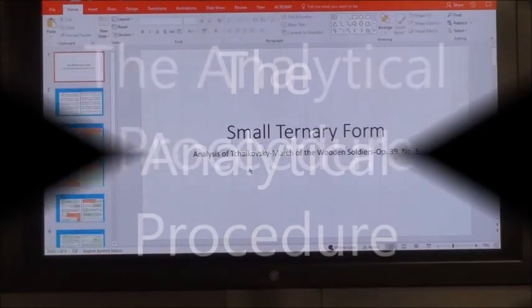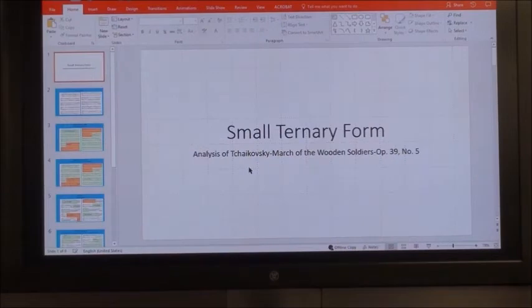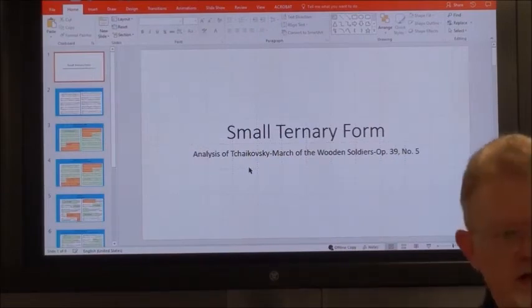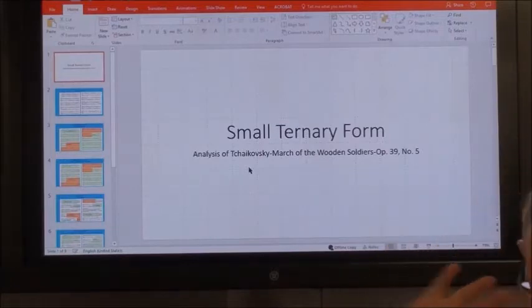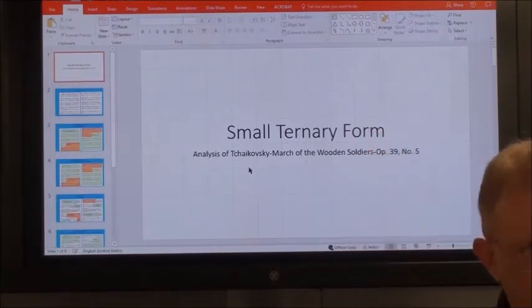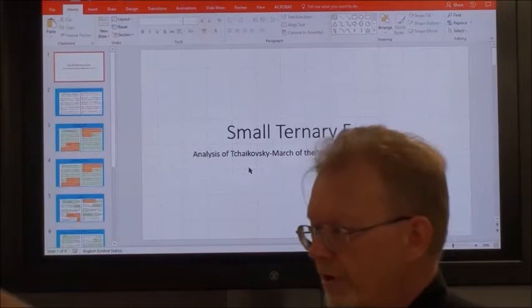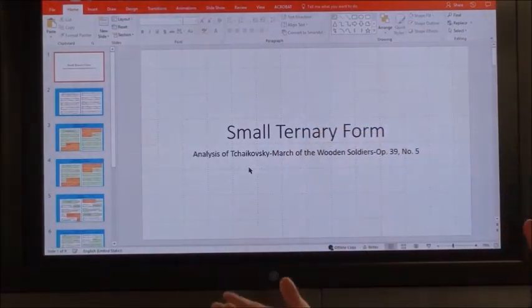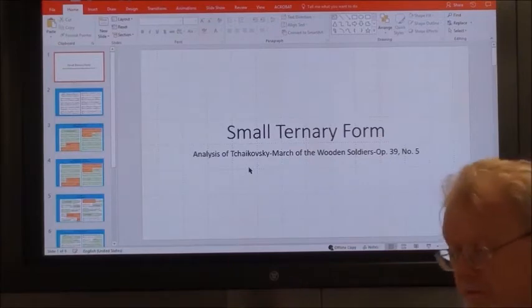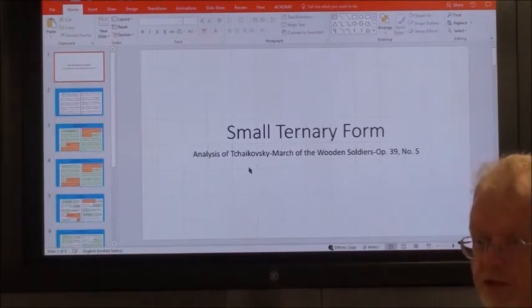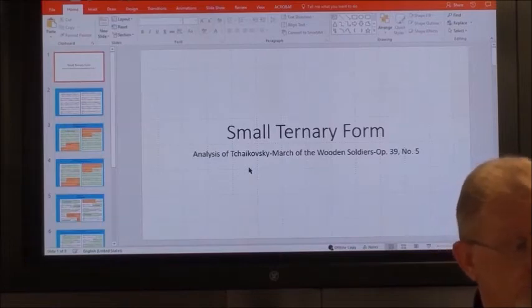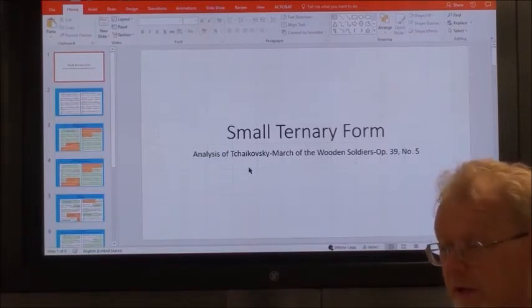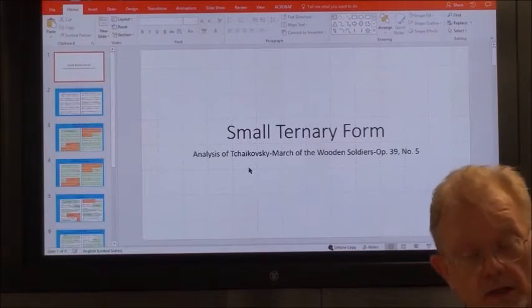So the first step when you take a piece is you're going to break it in 2 or 3. Sometimes pieces have more parts than that, but you're going to thematically go, okay, this hunk is a main hunk, this hunk is a main hunk, and maybe there's 3 hunks, maybe 5, maybe 7 in a 7-part rondo, but typically if you're just looking at something that comes to you in the normal course of your work, it's going to be probably 3 or 2 parts, right? So you break it into parts.